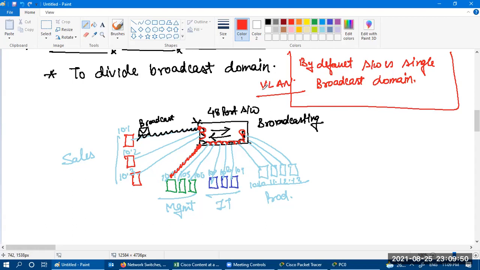Right? So I think you properly understand this issue on a switch, that we are having unnecessary broadcasting. And to avoid this broadcasting, we are using the concept of a virtual LAN.